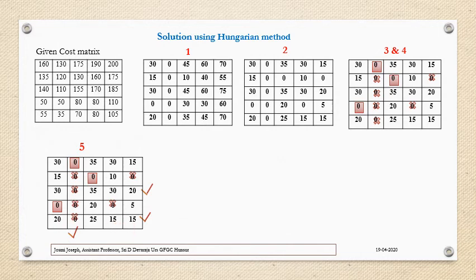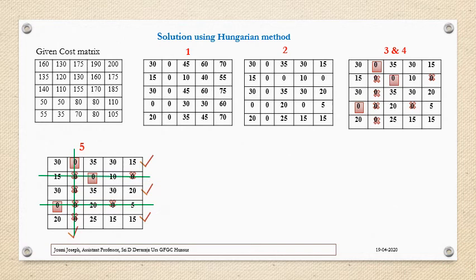Check if in this row we have any more zeros. Here we don't, only the same one. So mark it. In this marked column, check for any assignments. Here we have an assignment, so mark this row. Check for any more zeros in that row; we don't have any. So we stop here and draw the lines through the unmarked rows. Here this is the second unmarked row, then the marked column.